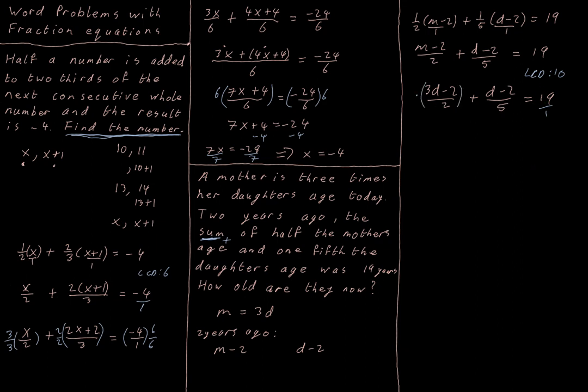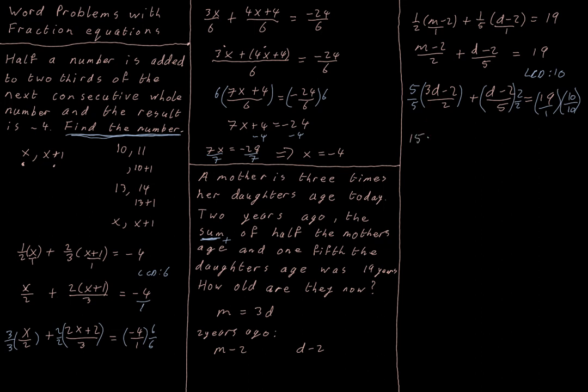So I need to get a denominator of 10 here, so I'm going to need to multiply by 5 all over 5. 5 over 5 is 1, so I'm not messing with my equation, not breaking any rules of maths. Here I can multiply by 2 over 2 to get a denominator of 10. And here I need to multiply by 10 over 10 because I have a denominator of 1, and 1 by 10 is 10. So multiplying out my fraction, I get 5 by 3D and 5 by minus 2,